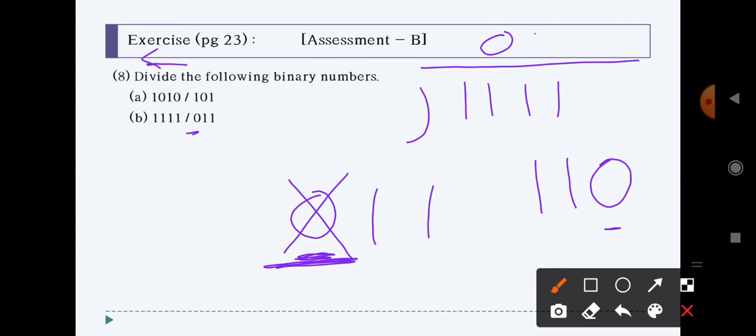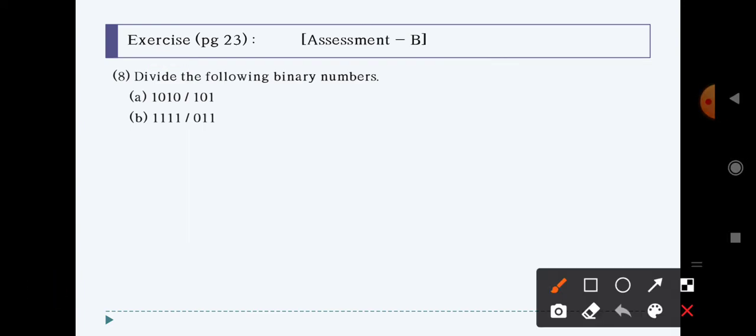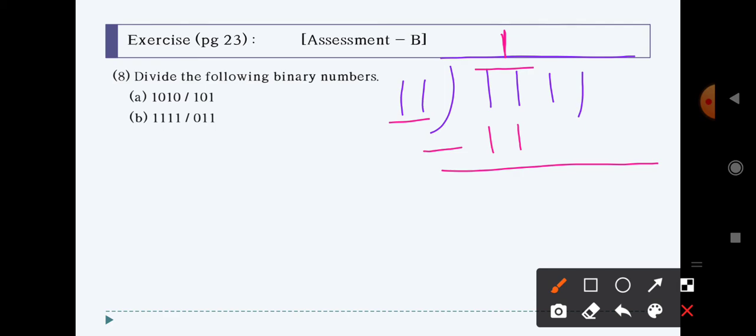So over here we have 0 1 1, so we can ignore this 0 from that portion, and we can solve this question like this: we have 1 1 1 1, and you divide it by 1 1 simply. Ignore this 0. Now we have two digits over here, so count two digits from this portion. We have the same number, so you just multiply it by 1. When you multiply it by 1, you get 1 1. Now do the subtraction and you will get 0 0 1.